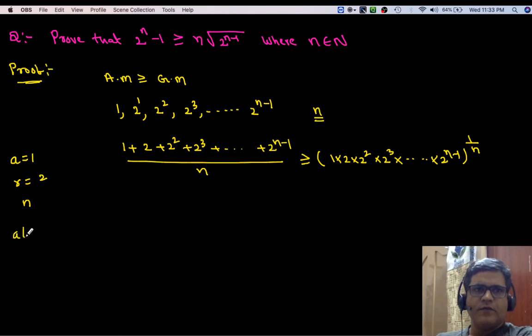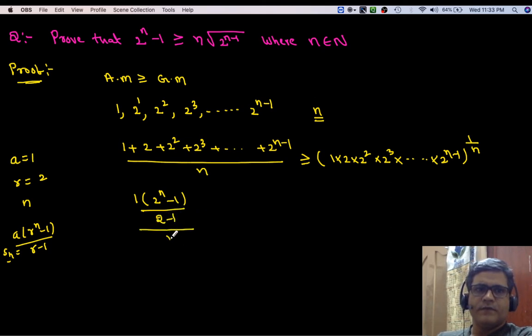A into r power n minus 1 by r minus 1. This is the formula for sum of n terms of a geometric progression, Sn. So here a is 1, r power n, that is 2 power n minus 1 by 2 minus 1 over n is greater than or equals to,